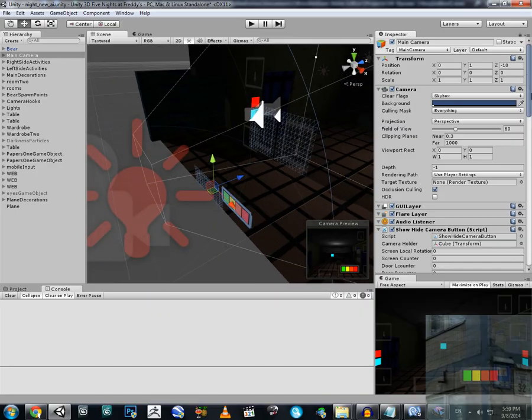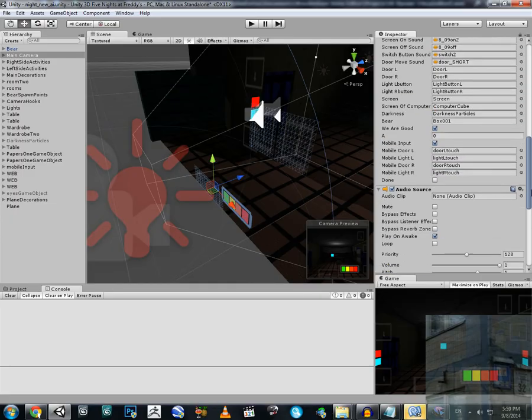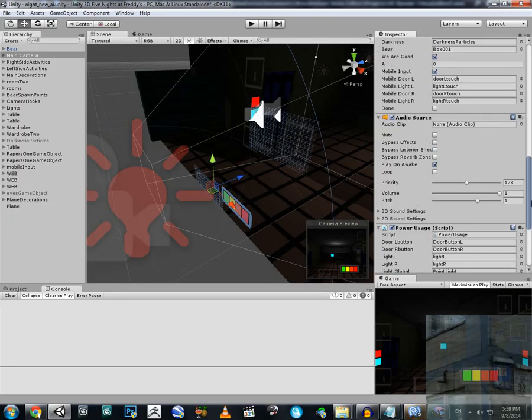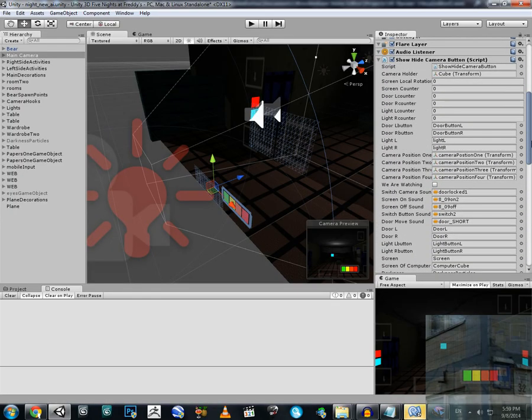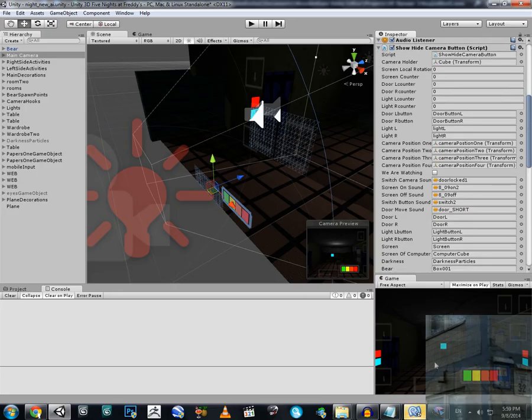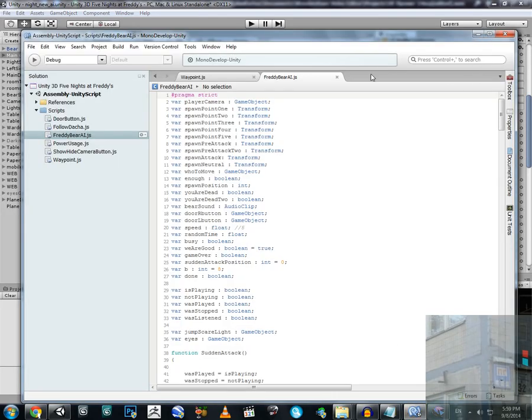So here are two scripts over here. But before we jump to Freddy AI,